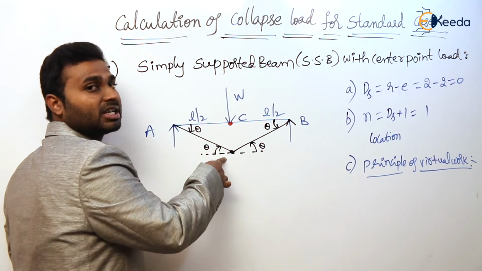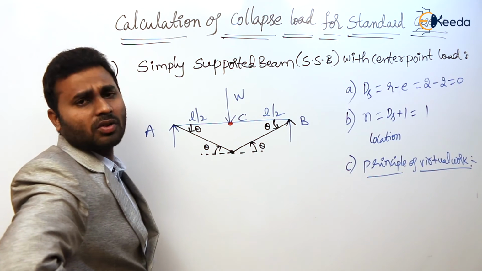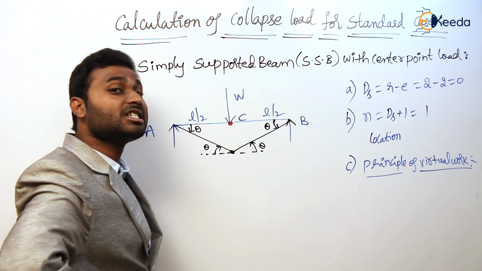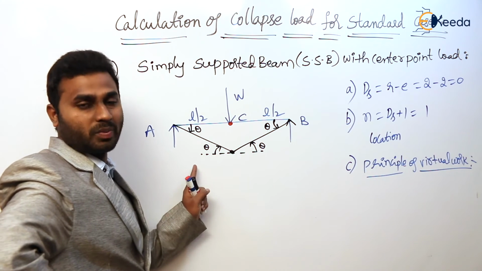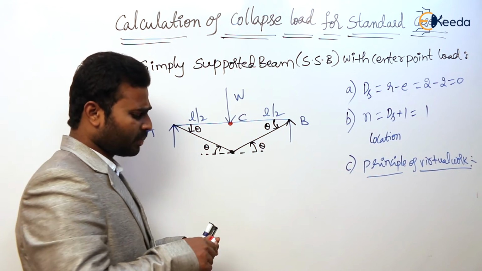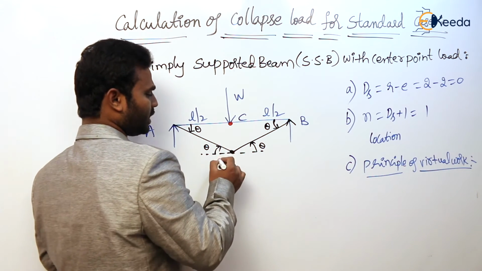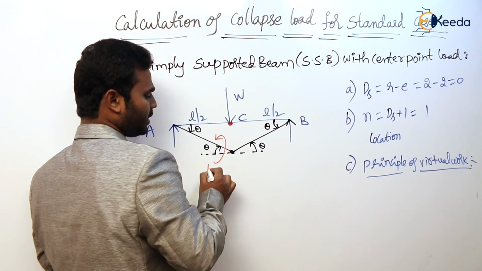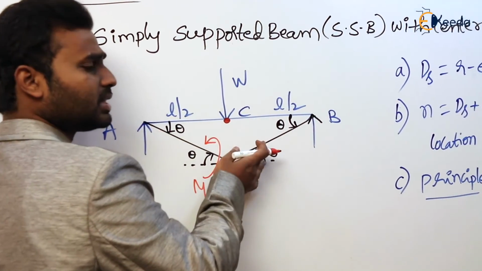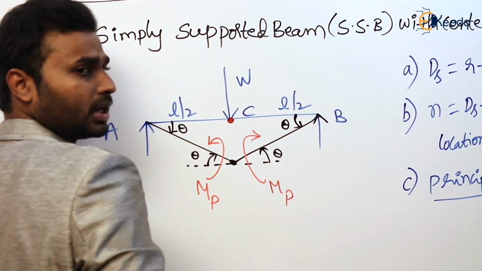So this is the mechanism, a deflected shape. When explaining the principle of virtual work, the deflected shape I had drawn, that is parabolic or curvature shape, is elastic behavior. But this is a plastic behavior. So mechanism is nothing but plastic behavior, collapse. Agree? Now here the plastic moment should develop for making this theta 0. So here one theta should have MP in the opposite direction. As this theta is clockwise, it should be anti-clockwise. Here this theta is anti-clockwise, so the MP should be clockwise. Agree? This is the internal work.